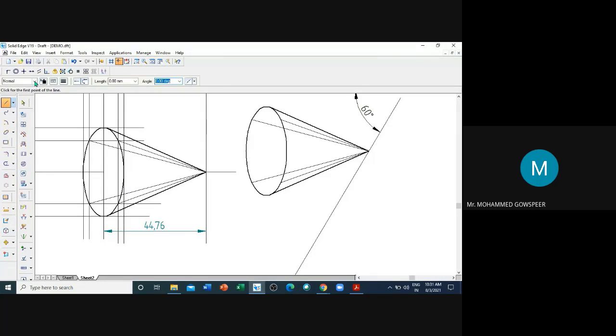So line command, center line type. Naming also I am not doing to save time, but you must do it. You can draw here one more center line because I have not copied that. Length anyhow I know, here 44.76.